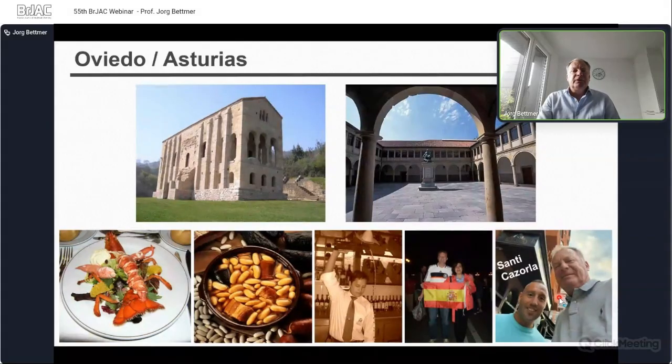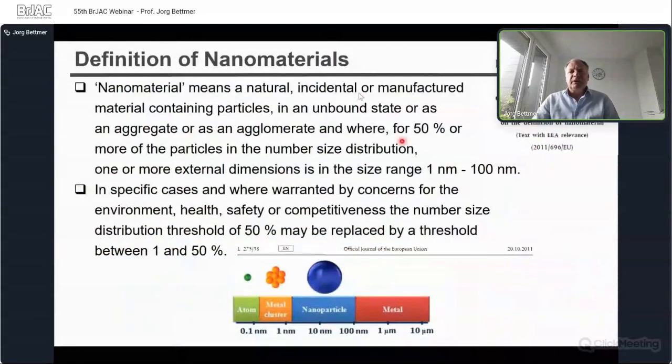Okay, let's come to the topic, which is the principles of nanomaterials. In order to define it, I found this old recommendation of the European Union, which is 15 years old, and it hasn't changed a lot. Basically it's very complicated to read and I won't do it, but it implies also the particle number concentration, and only particle